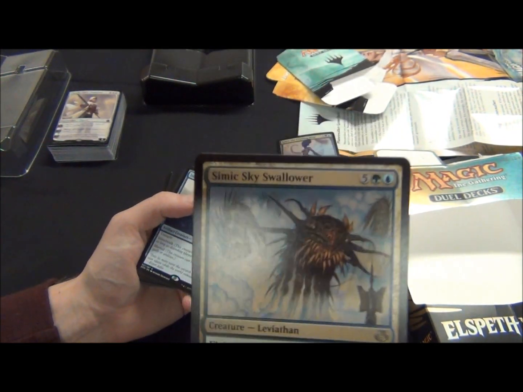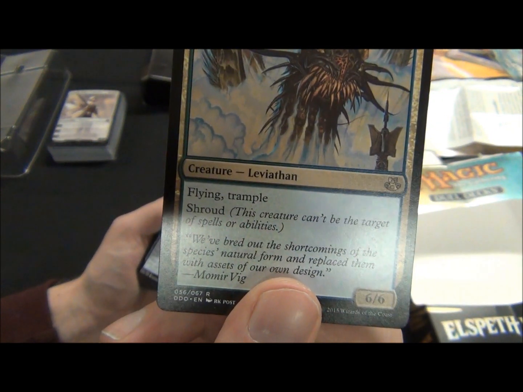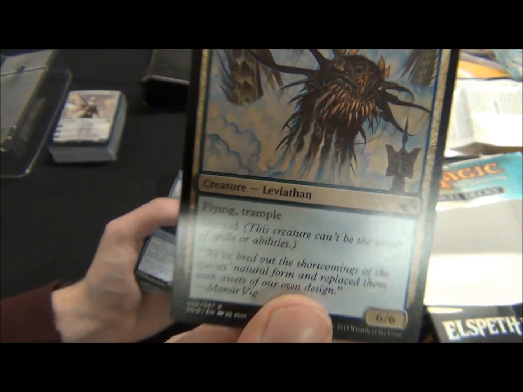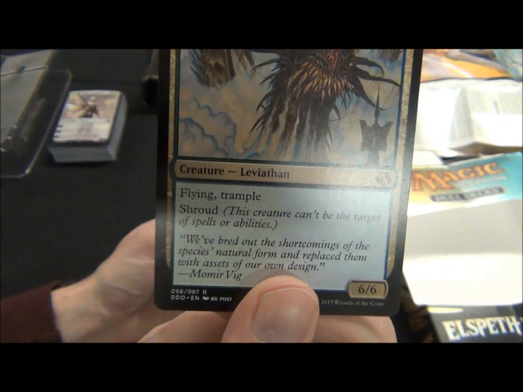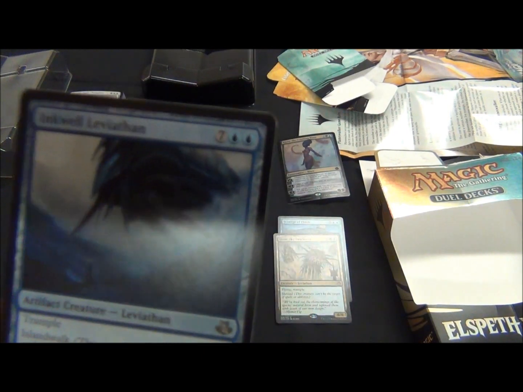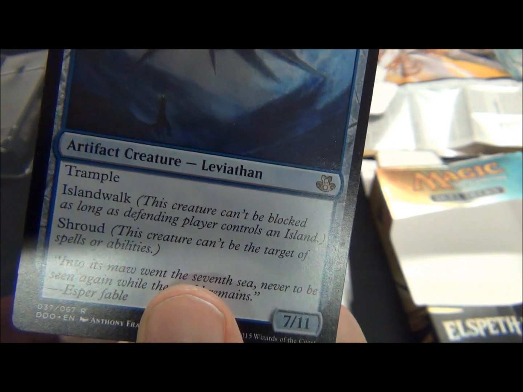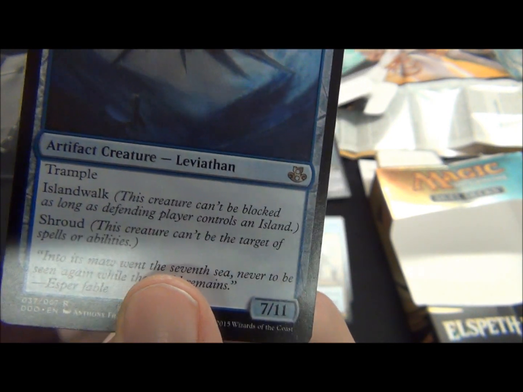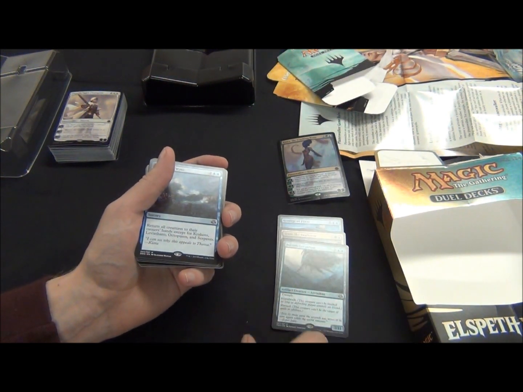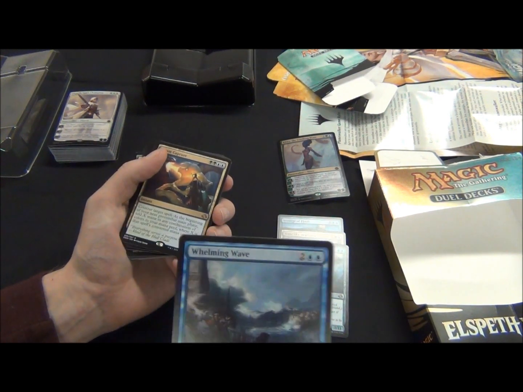Scary. Simic Sky Swallower, 5 green and a blue. For a 6/6 Leviathan with flying, trample, and shroud. Shroud works like hexproof, but even you cannot target a creature with shroud. Even if it's your creature, that is. Inkwell Leviathan, 7 and 2 blue. For an artifact creature Leviathan, it has trample and islandwalk, and it's 7/11. So lots of toughness, lots of power, but you're going to be paying for it because it comes out for